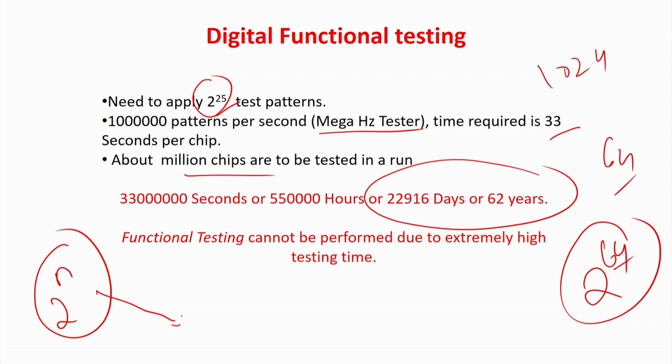We want to bring the number of test patterns down, but still give a very good guarantee. Maybe instead of 2 to the power n, we will use only n, that is linear complexity, or even a lower number of test patterns, and maybe the assurance level will come to 99% or even slightly less than 100%. But I cannot give an assurance of 90% and sell the chips, not at all possible.